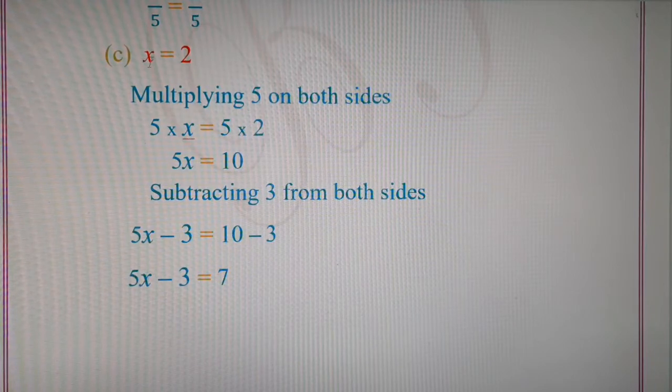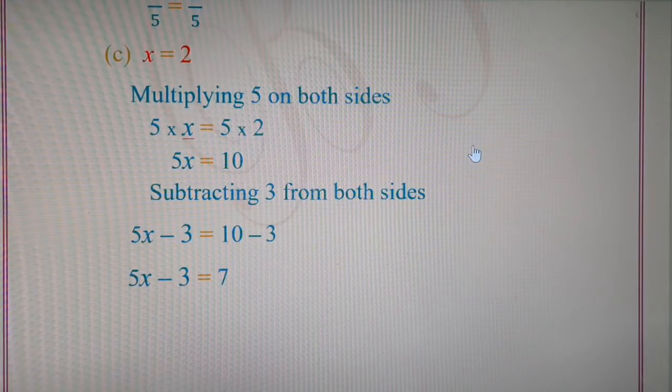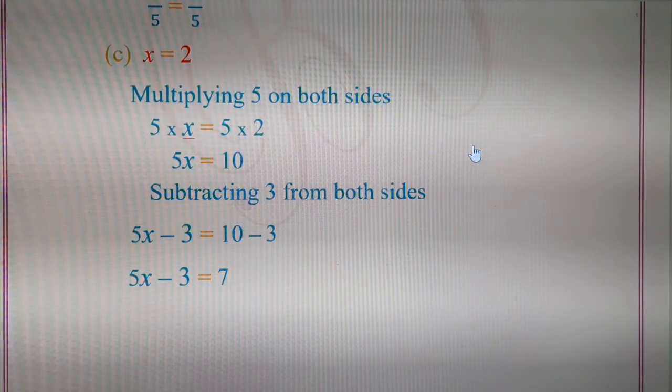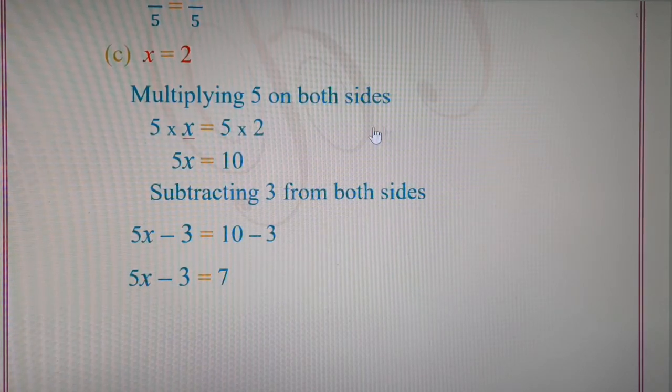So we will start formulating the equation using the condition given, that is we have to form an equation such that the solution of that equation should be 2. x equal to 2 is the solution of that equation. So we have to prepare our own equation. Let us form the equation by using one of the mathematical functions such as addition, subtraction, multiplication or division. Now in this particular step, we are using the multiplication function.